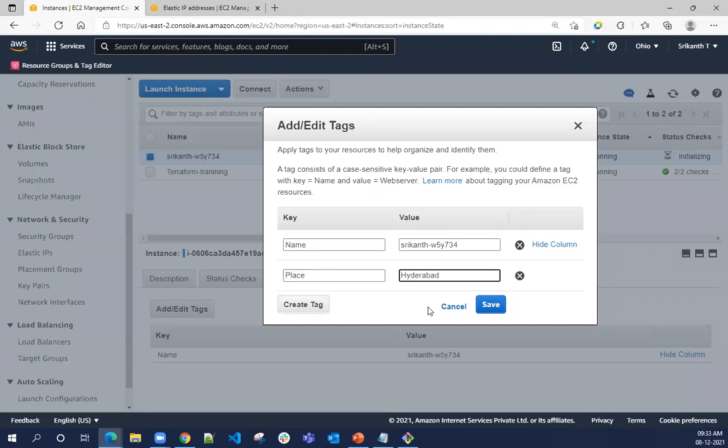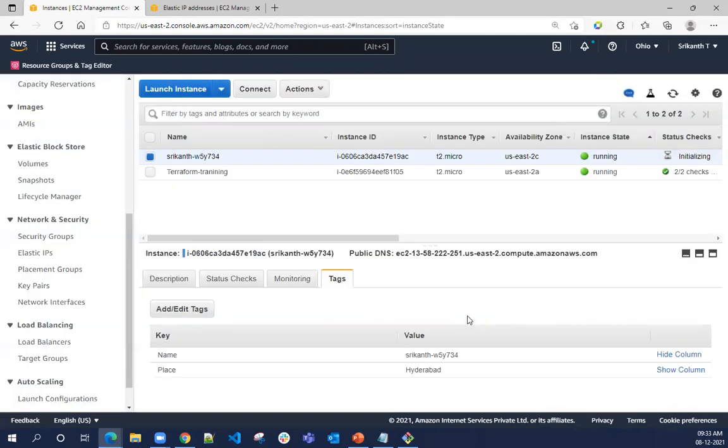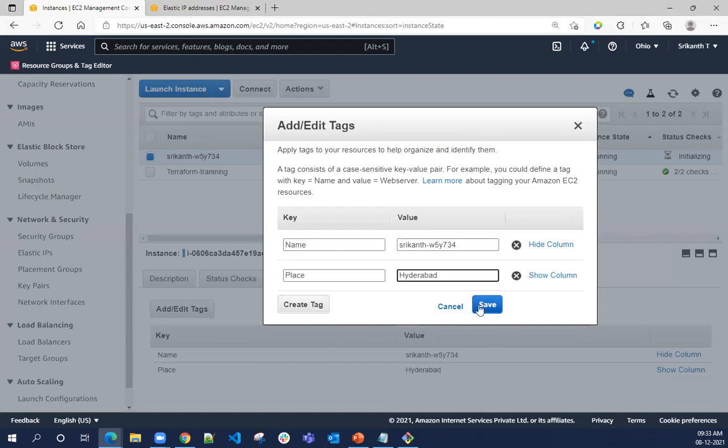I made some mess, and you got to know that this has been messed up. There are lots of changes. Rather than going into the EC2 instance and editing or deleting it,